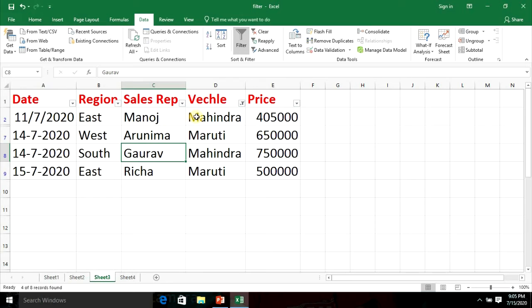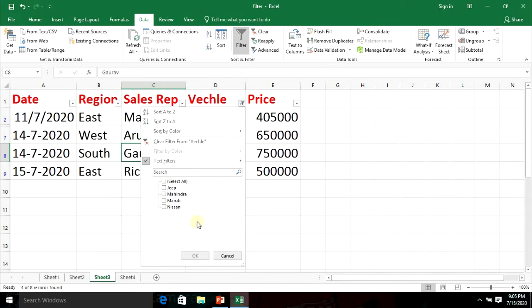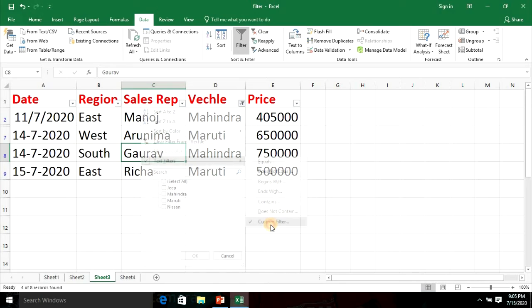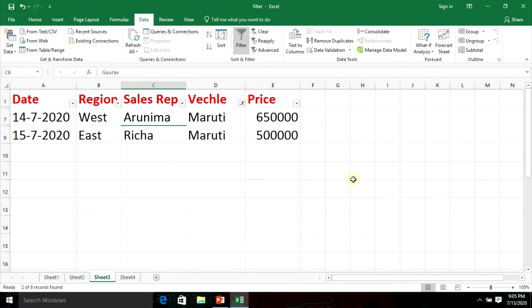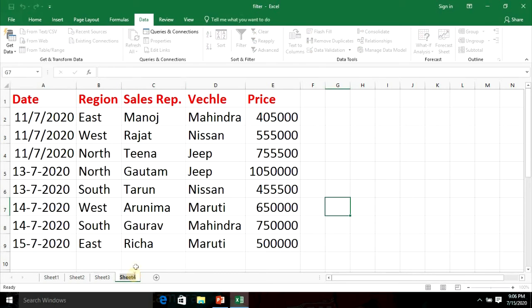Now it will show all the vehicles starting with M, Mahindra, and the ones ending with I. What did I do? I went to the text filter, custom filter, and I have selected or. If I select and, it means both the conditions should be satisfied; or means you are having a choice. Now let's see. Okay, now it will show only Maruti. Is it clear?